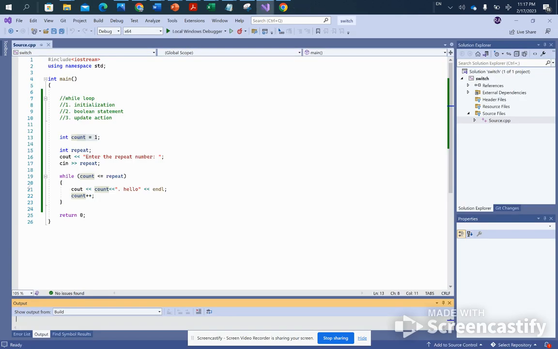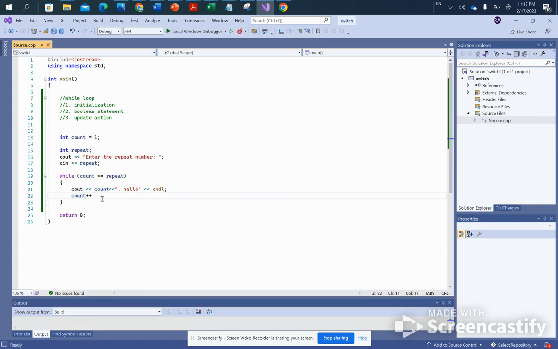Okay? So this will be your participation exercise, where you need to look at how to do the initialization, the condition, and the update action, all right, so that we can decrement by 1 instead of incrementing by 1. The decrement operator, by the way, if you need to decrement, will not be count plus plus, of course. To decrement, it will be count minus minus. So to decrement by 1, you can also say, for example, count equals count minus 1, which is not a common approach. Usually within a loop, to decrement, we'll say count minus minus.